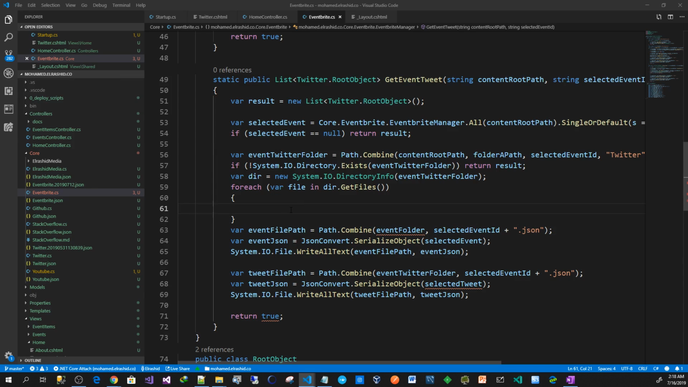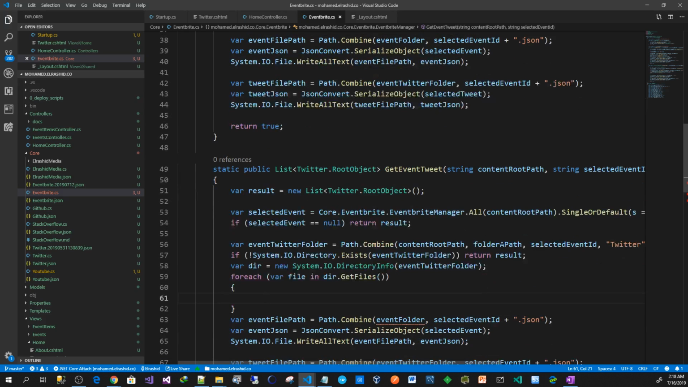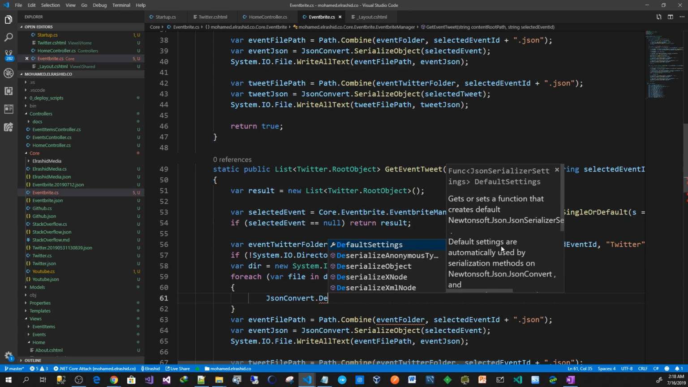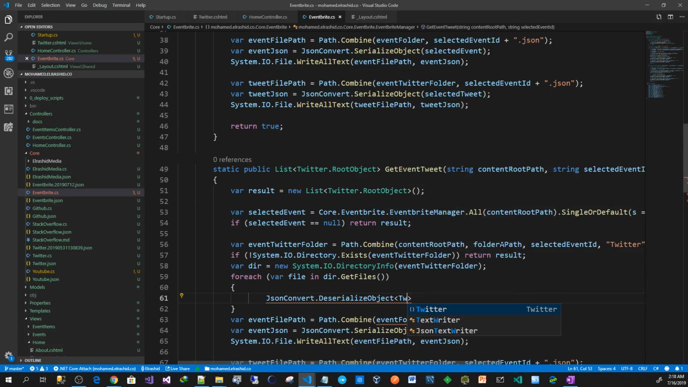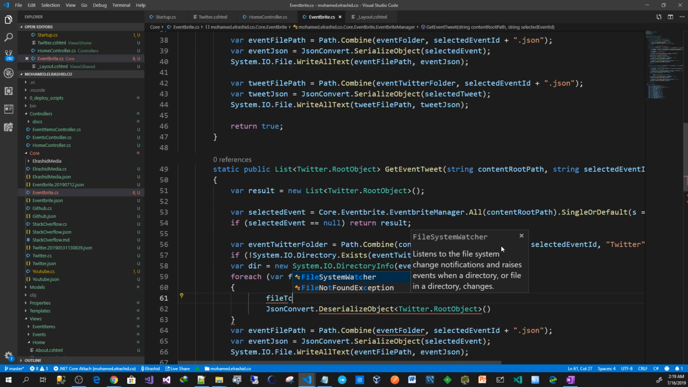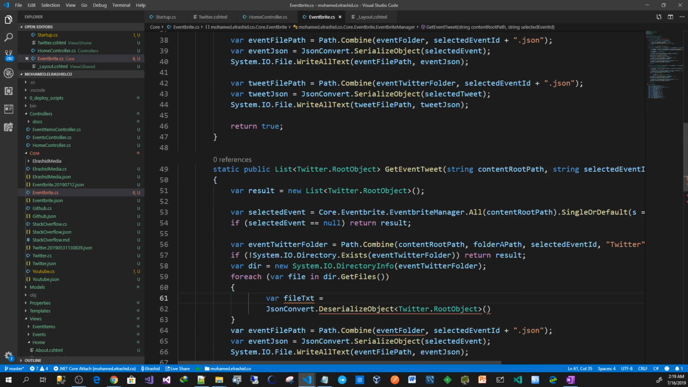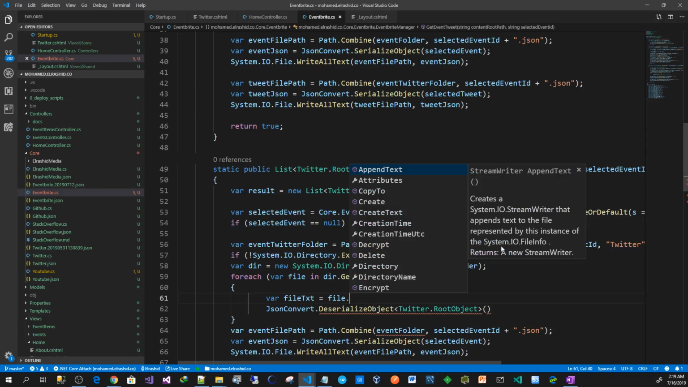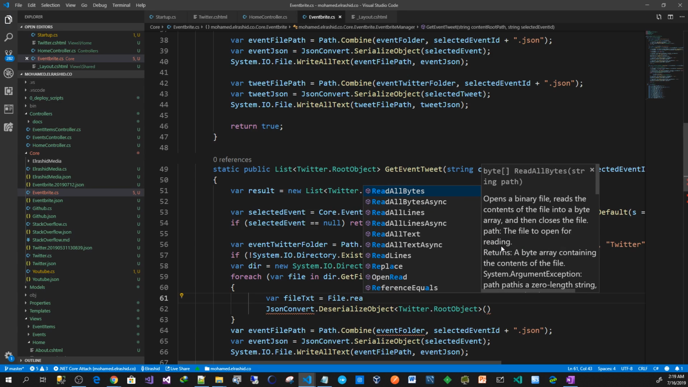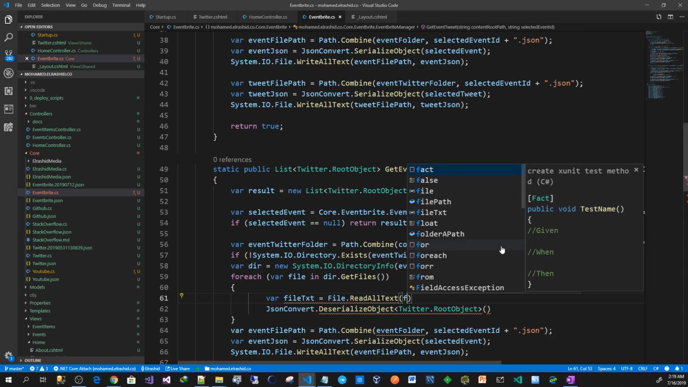Okay, here for each file of these I need to deserialize. So I will do JSON convert dot deserialize, and we'll do like Twitter dot root object. Here I should read the file text. We do the file text equal to... Is there a method in there to read all file? Refresh. No, there is not. It's file dot read all text, which will be the file dot